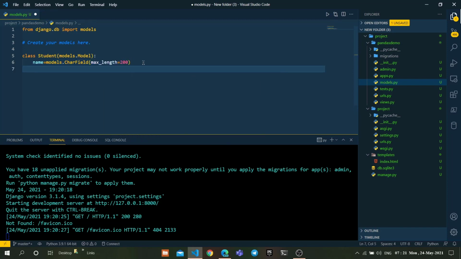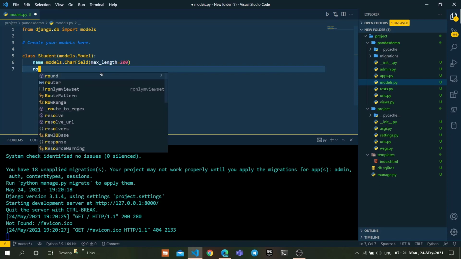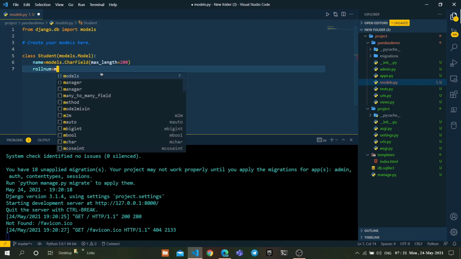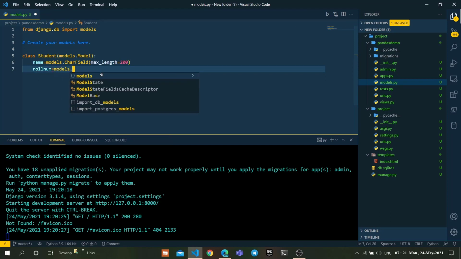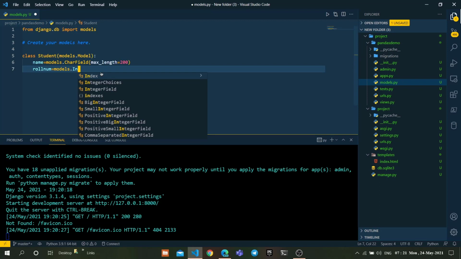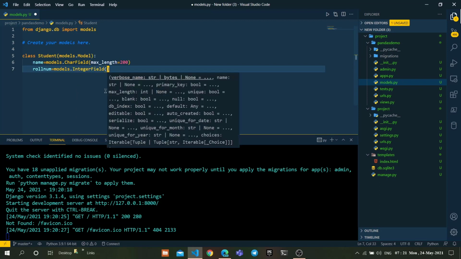I'm giving a max length for the name of 200. Again, roll number equal to models.IntegerField of